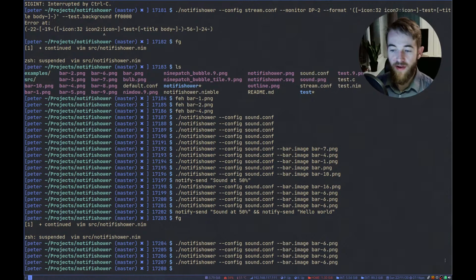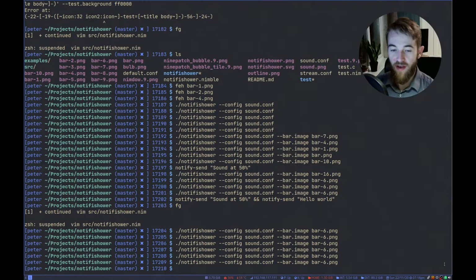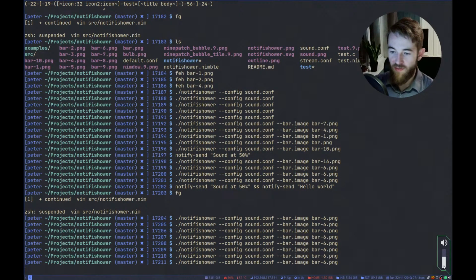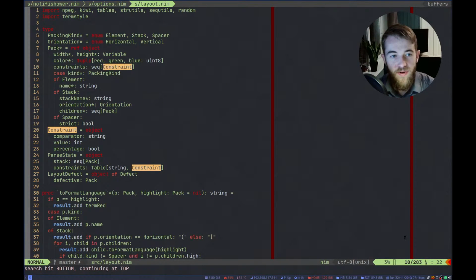But in theory, that could be a format string, and I could do stuff like get the position that you clicked as parameters you could pass on your action, which means that you could bring up something like this, and I could click somewhere on this bar, and it could say, well, okay, I'm gonna set the volume to that level that you specified. But that's something for another day, I think.